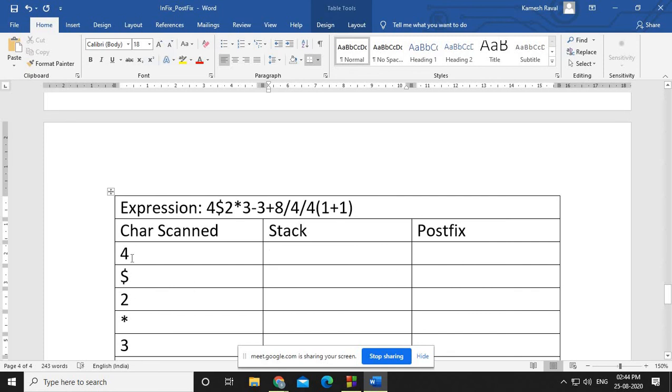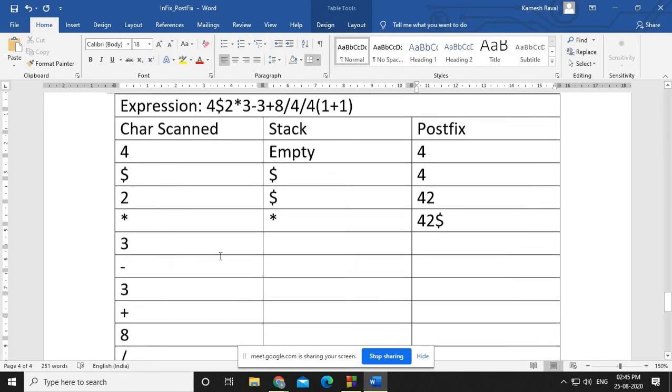See here, what I'm getting from the infix array is 4, right? Now 4 is an operand, so that has to go to the postfix. So your stack is empty and 4 will be there in the postfix. Now dollar, it is an operator, and that has to go to the stack. Here 4 will be there. Now 2 is there, so same, but here 4 2, right? Then star has a lesser priority. If a lesser priority operator comes, the higher priority operator has to be inserted into the postfix, right? So here what you have is 4 2 dollar.